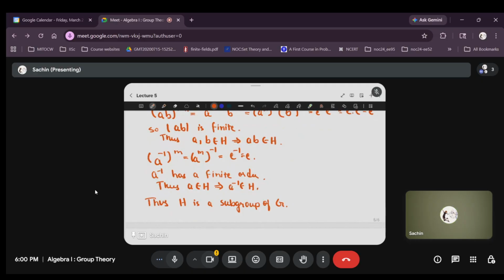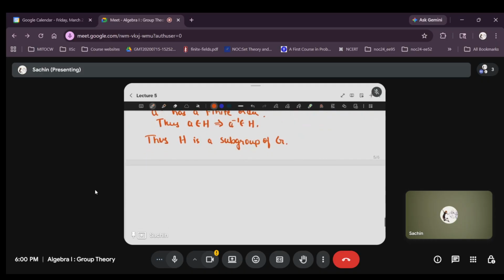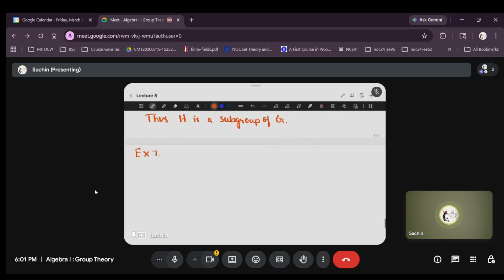Next, we'll do another example. This is a more important example because it gives you a method of constructing subgroups in general, and it will be used in later lectures also. So let G be an abelian group,